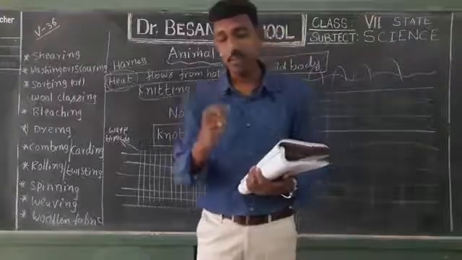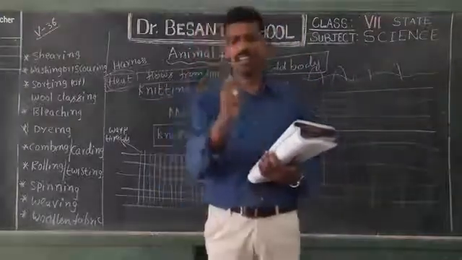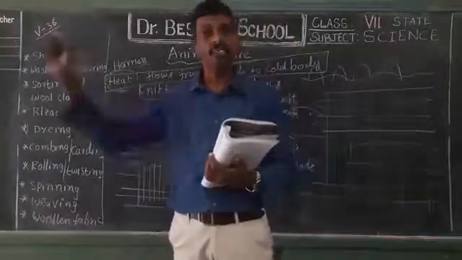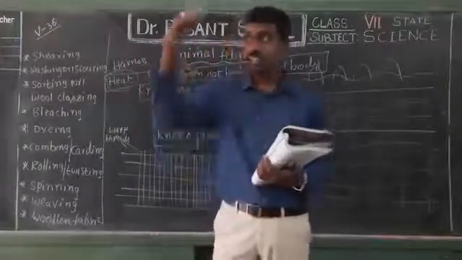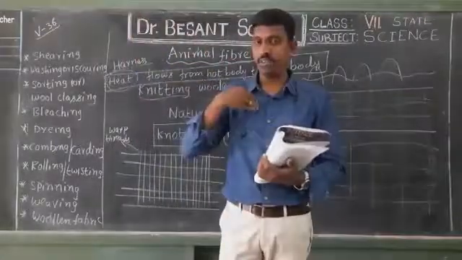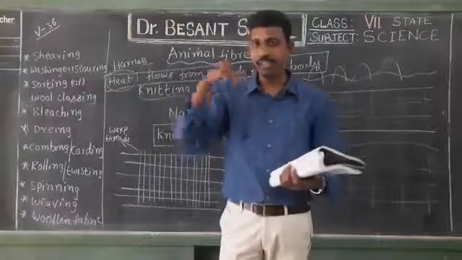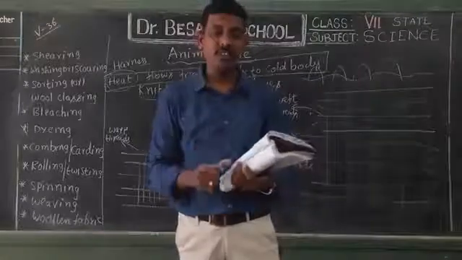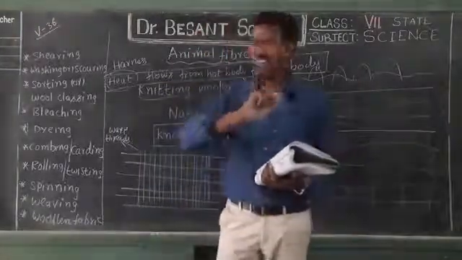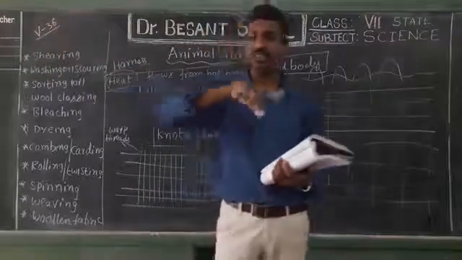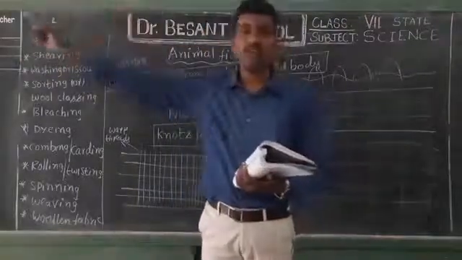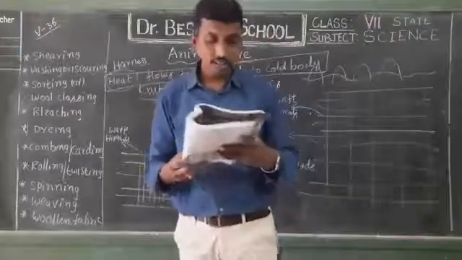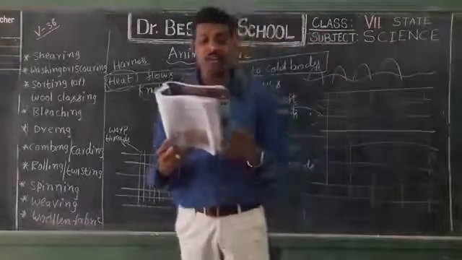Here the woolen fabrics can act as insulators of transferring the heat from our body to the surroundings. When we cover our body with woolen fabrics, we have trapping of air between us and the woolen fabric, and this air, which is a poor conductor of heat, doesn't allow the heat to travel out from the woolen fabric, so that we cannot lose heat. Okay, so we feel hot and are protected from cold.